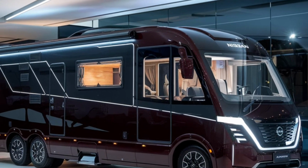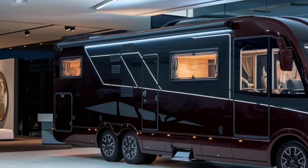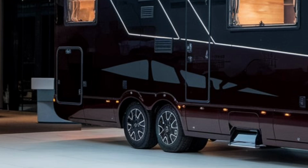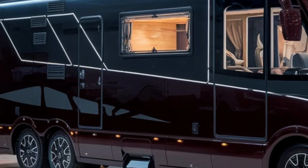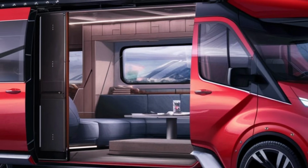A built-in smart control panel lets you monitor and adjust lighting, temperature, and energy usage with the touch of a button. With smartphone connectivity, you can control these features remotely, making it easy to prepare your camper before you even step inside. Moving to the bathroom, the Nissan Camper Motorhome includes a fully functional wet bath with a high-pressure shower,